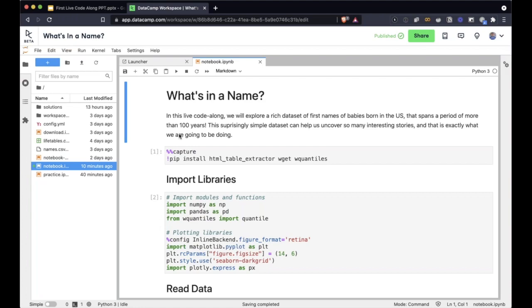So let's get started with the analysis. Before we go to the questions, we're going to do a couple of things to set the tone going. The very first cell here, if you navigate to it, is basically installing a couple of packages that we will need. Most of the packages are already installed.